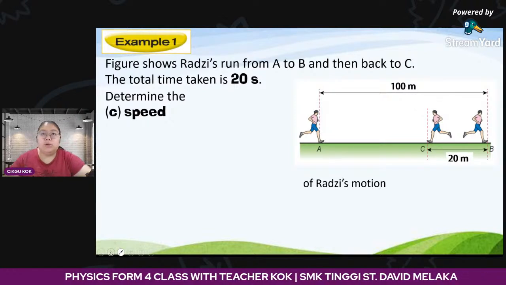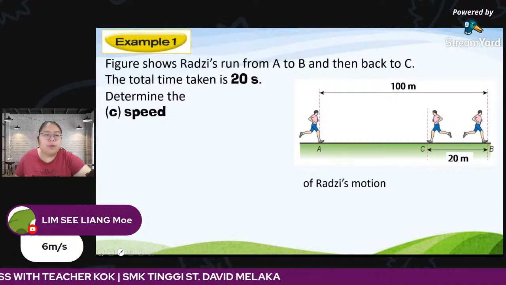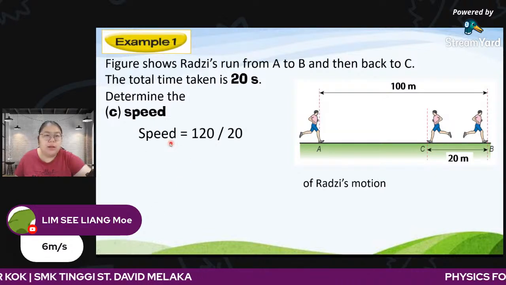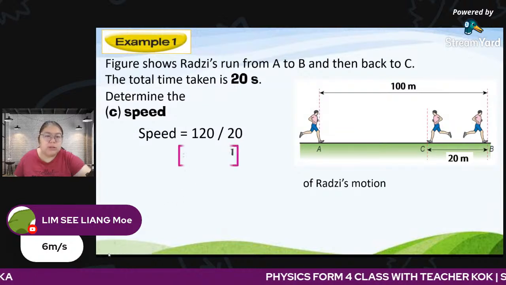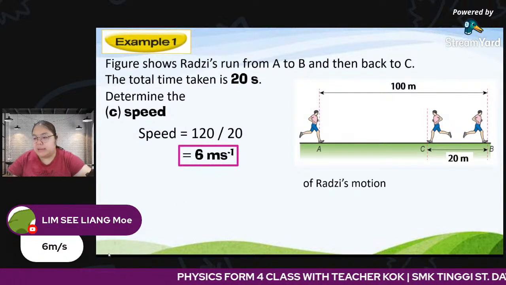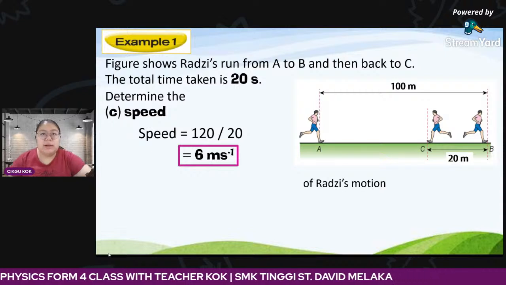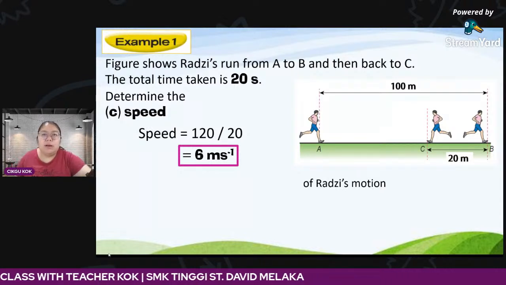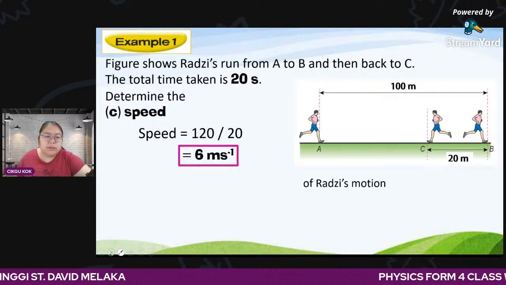Xiliang shows me 6 m s negative 1. We're going to show. Speed is 120. We take the distance over 20. So we find it is 6 m s negative 1. So the student answered correctly. Selene, Krishna, it is 6 meter per second. The next question is